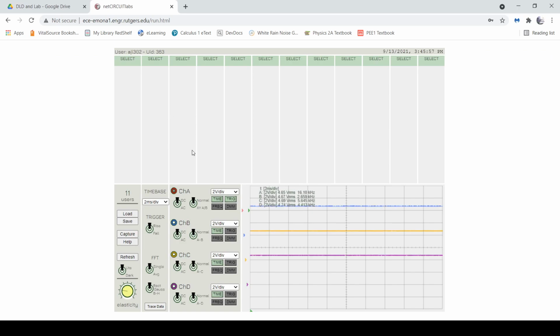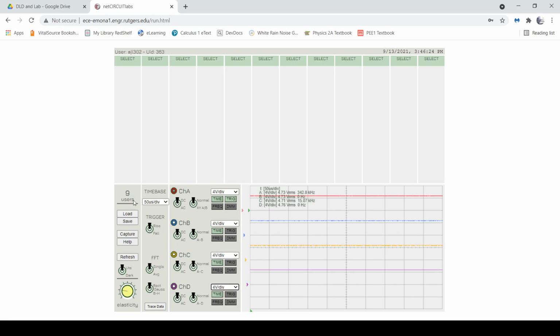So when you log in, you are going to first change a few of the settings. So the first one is you will need to change the time base to 50 microseconds per division, and then you're going to change these to 4 volts per division. Next,